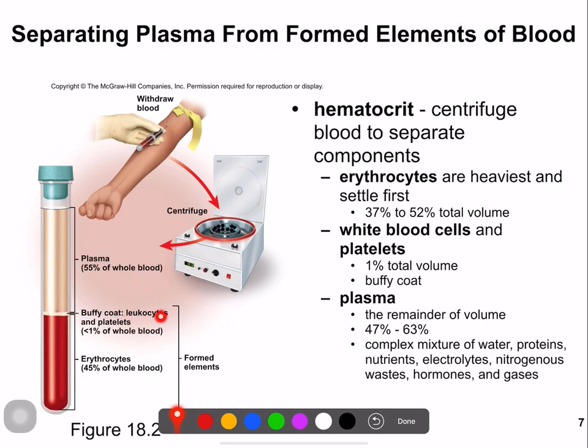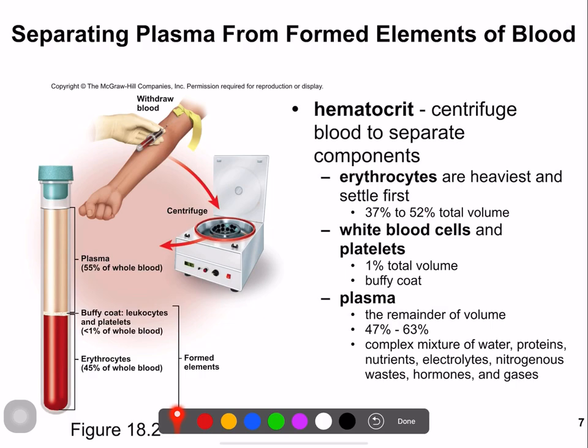It's basically lymphocytes and platelets. And by spinning this down, you can figure out the percentage of each one of these components, which gives you some indication as to the health of the individual. Now, typically erythrocytes are the heaviest, and they settle first, and they make up somewhere between 37 and 52% of